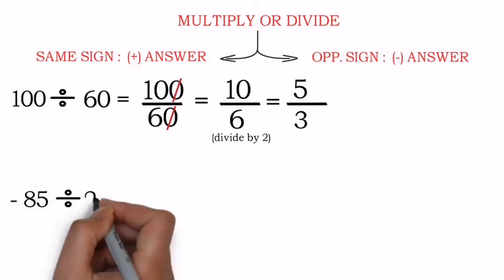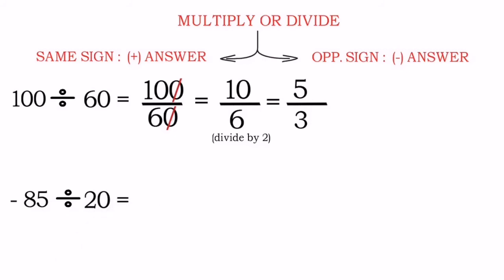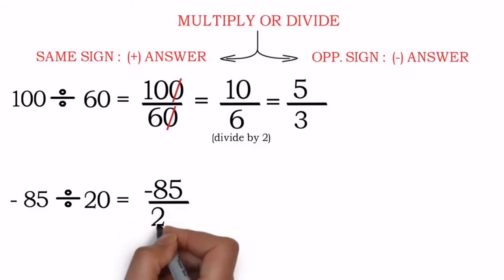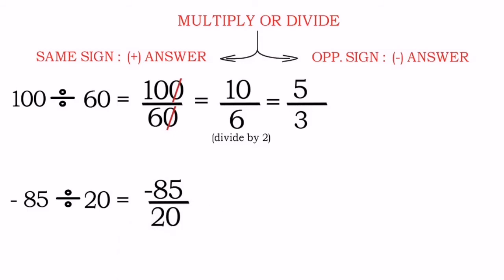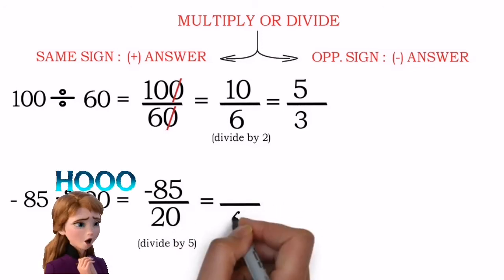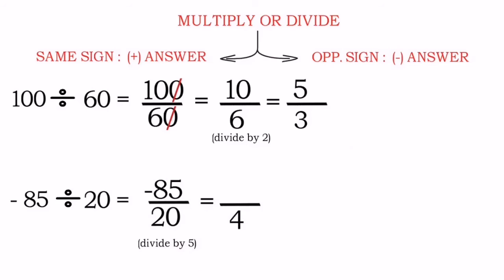Minus 85 divided by 20, and the very first step is what? To convert it into fraction form. So minus 85 divided by 20, that is minus 85 upon 20 presently. Now what do you feel? Again in the table of 20, 85 doesn't come, so what are we going to do? We will divide by the same number, and that number is 5, correct? So when you divide 20 by 5, in the 5 table we get 4 5s are 20, so 4 is written in the denominator.